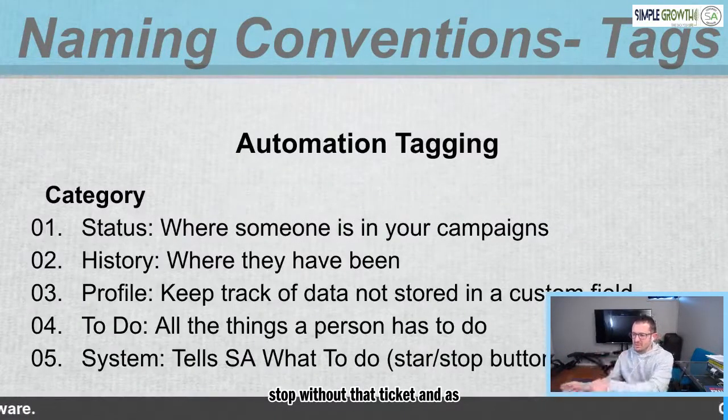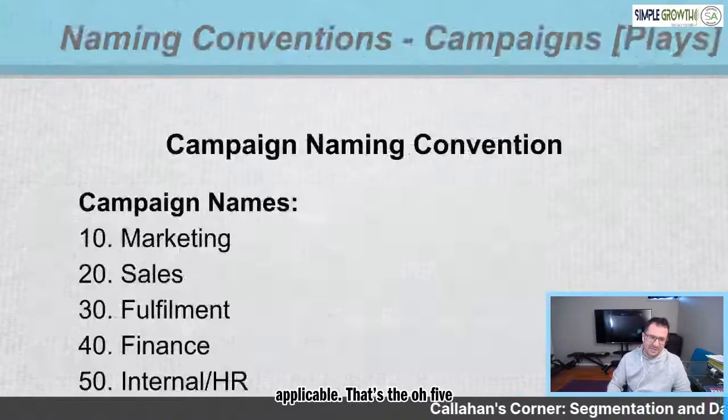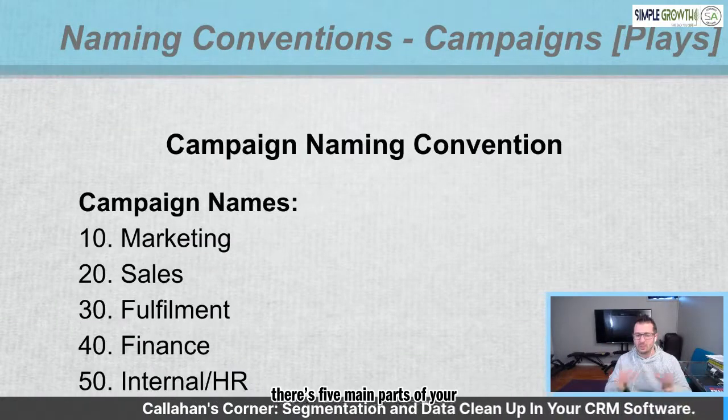And as we take the ticket, we pull the ticket off so they can come back later if that's applicable. That's the 05 system. Now, campaign naming convention, like I said, there's 5 main parts of your business we can